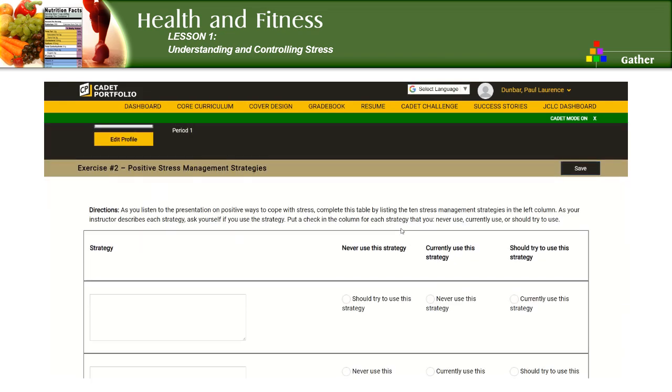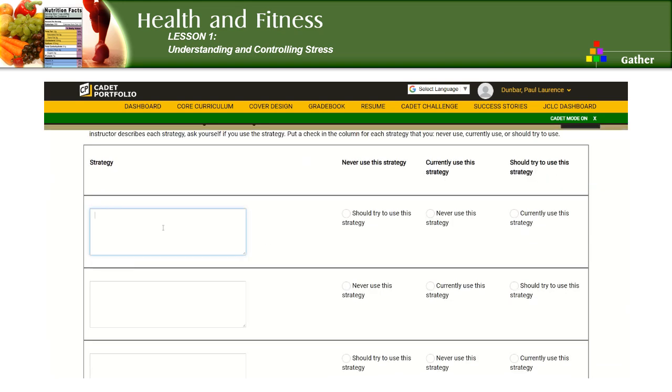Strategies. As you listen to the video on positive ways to cope with stress, complete the table by listing the 10 stress management strategies in the left column. As the video describes each strategy, ask yourself if you use the strategy. Put a check in the column for each strategy that you never use, currently use, or you should try to use. So again, you're going to list the strategies right here as we go through the video, and then never use,